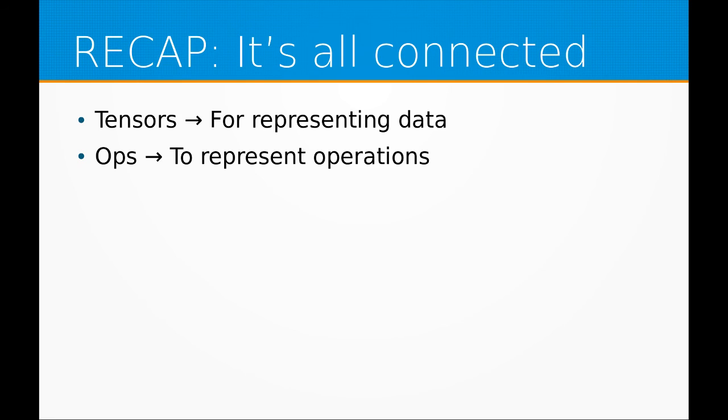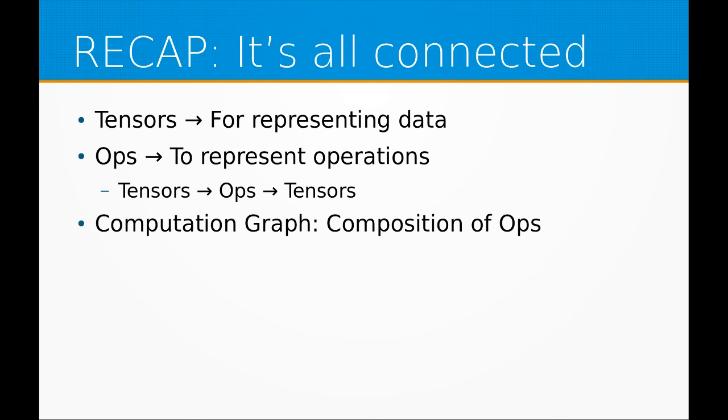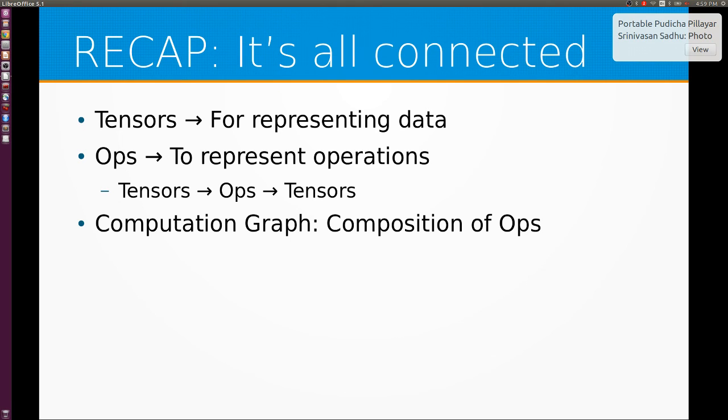So finally, we are almost near the end of the talk. Just to recap, it's all connected. You have tensors for representing data, you have some text or images, you convert it into tensors, and then you run operations on them. So the general framework is like you have an input tensor, you run operations on it, you get an output tensor. You have a computational graph so that it's clean,